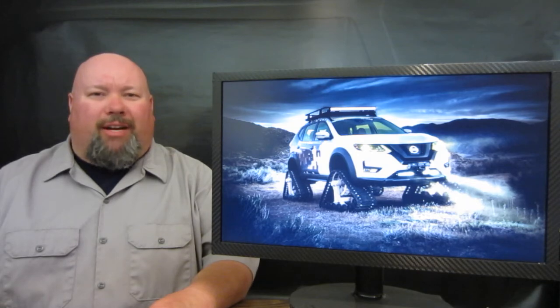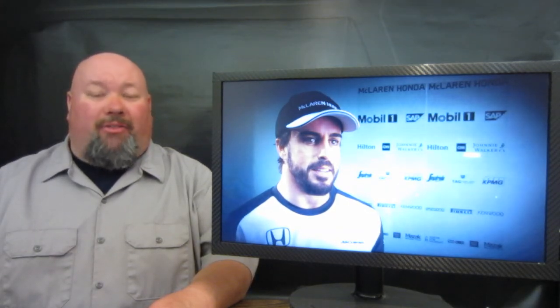How about a driver to get you away from the police? How about this guy? Two-time Formula One champion Fernando Alonso. He's in the news for something really special because he's going to spend the back half of the month of May in Indianapolis, Indiana, running the 101st running of the Indianapolis 500. Right after he finishes the Spanish Grand Prix, he's going to be on a jet to Indianapolis to run the 500-mile race for Andretti Autosport, the team that actually won the 500 last year, in a car that's going to